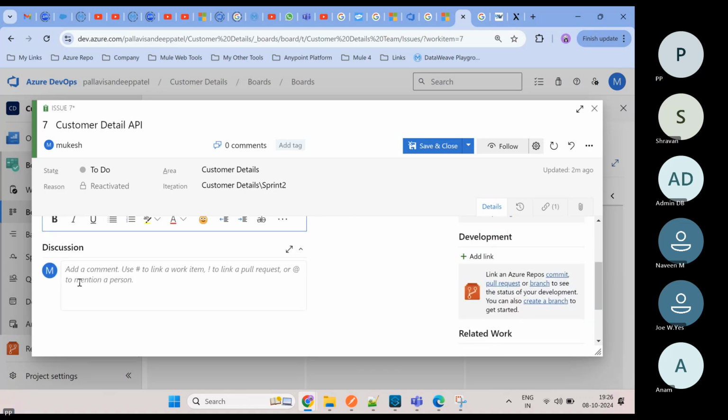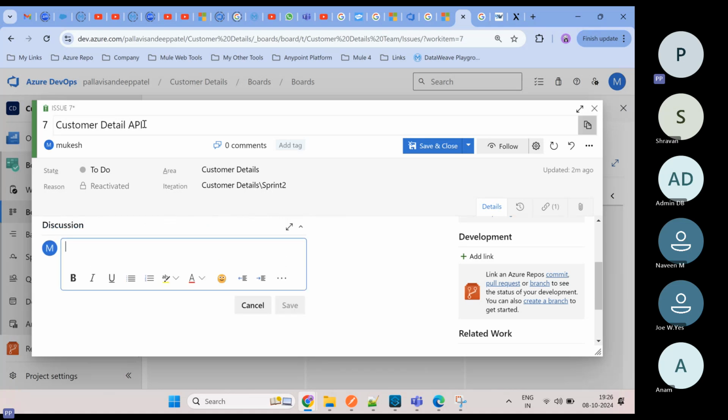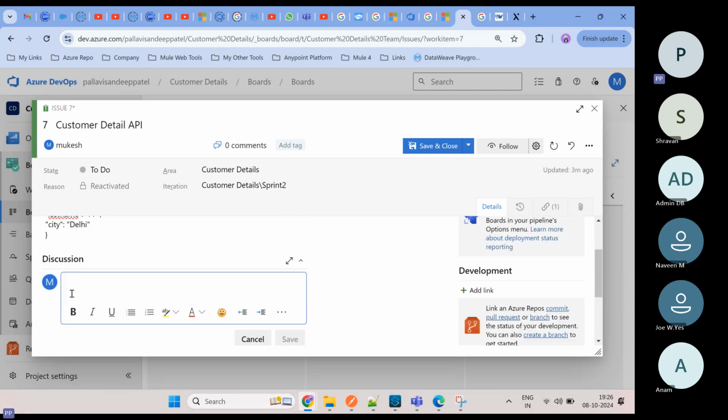Okay. Now here is the discussion part. In our team there are 5 members, five developers, two testers from the testing team, one lead, one manager, one product owner, something like this. So all of them discuss the API and some doubts and some blockers and all these things. Like